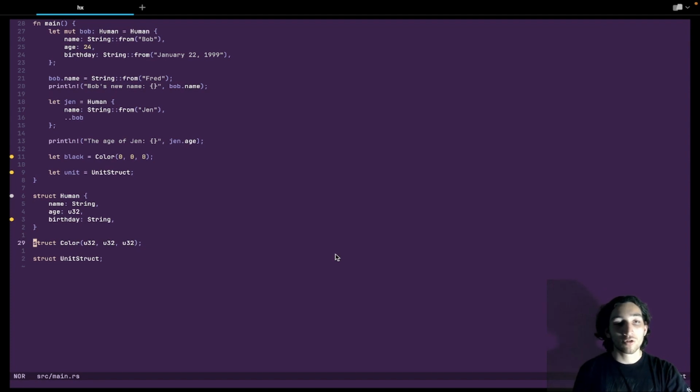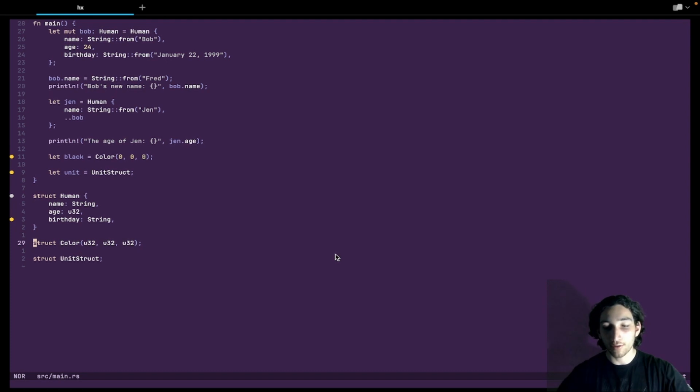Now, to make structs more useful, we can define functions that can be used on the structs, and these are called methods, and they are always associated with a struct, and they can be called on the instances of a struct.